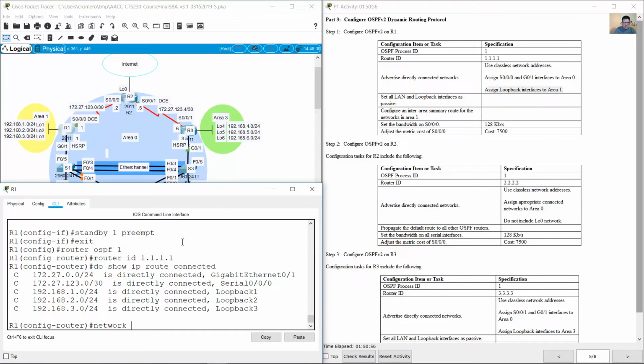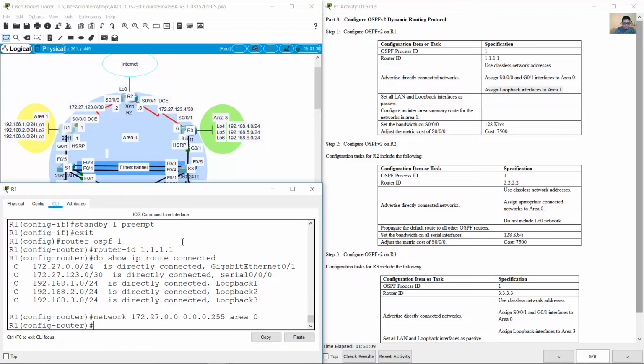Okay, network, use classless wildcard for 24, area 0 for the first. Okay, the second is 1230, wildcard for 30, area 0,